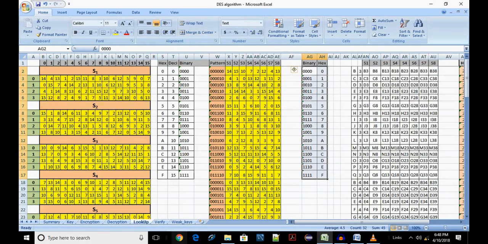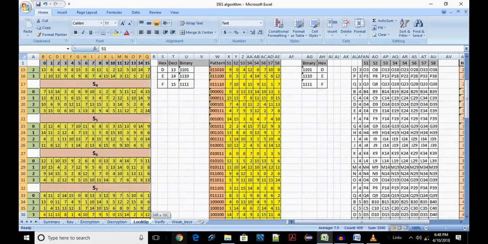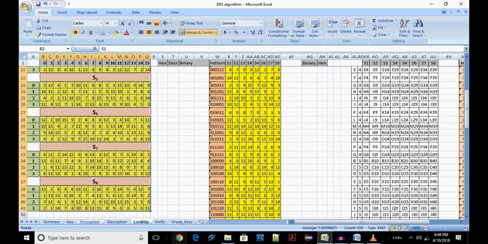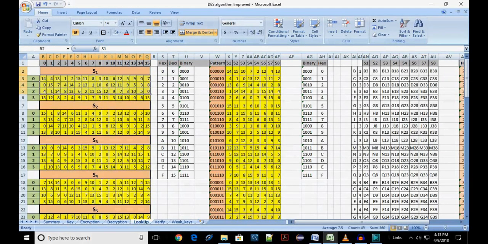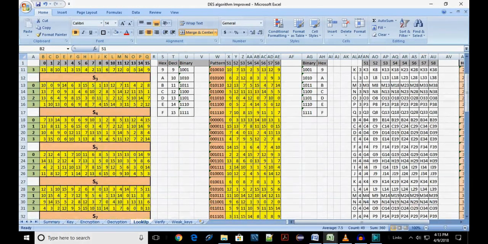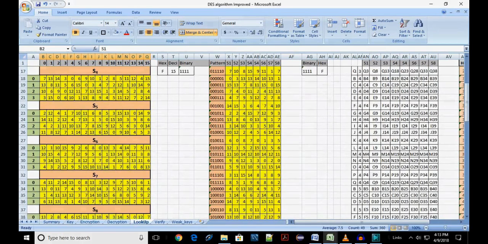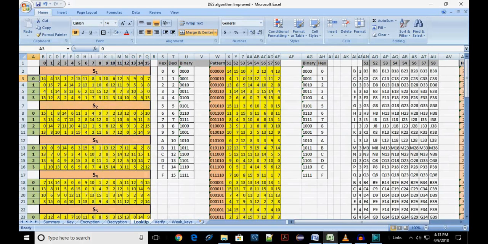Now, we use values in row 14 and the substitution tables to get new values and write them in row 15. Let us understand the substitution operation in more detail. For substitution, the DES algorithm uses a set of 8 tables, S1, S2, S3 and so on. There are 8 such tables. The way to use them is to go row-wise, column-wise lookup.